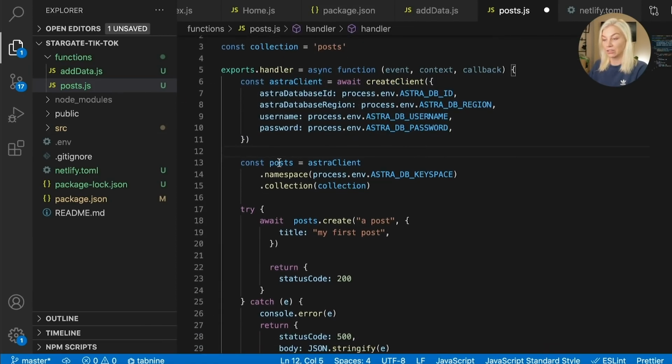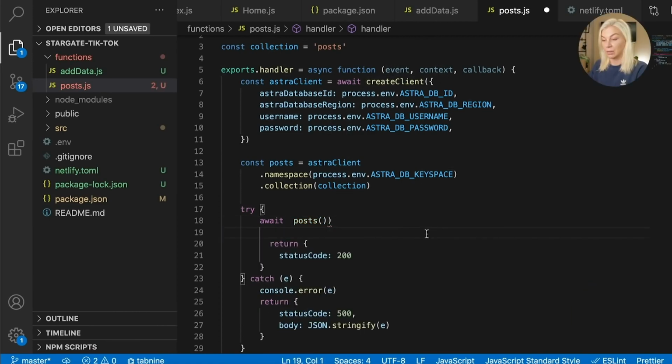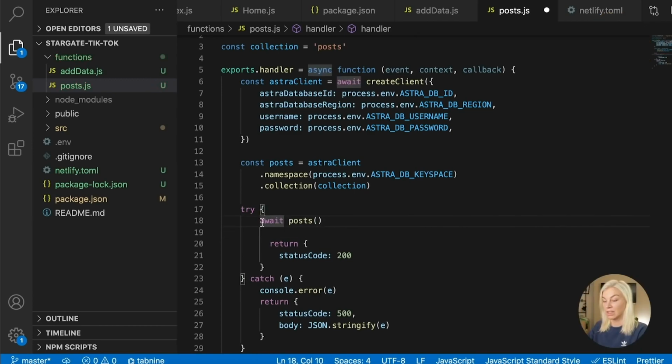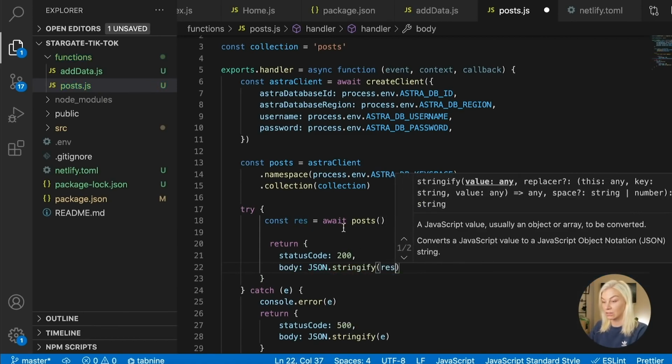And then we also need to generate our Astra client. Once we have generated our Astra client, in order for us to be able to access our posts, we then need to get our posts. So I'm just actually going to go like this, await posts. However, this time I am going to store it as a response, and I also want to see it in my browser, so I also want to return JSON stringify the result. Okay,